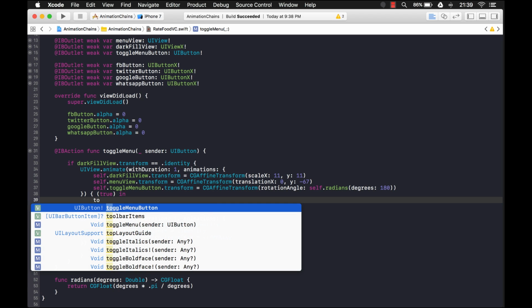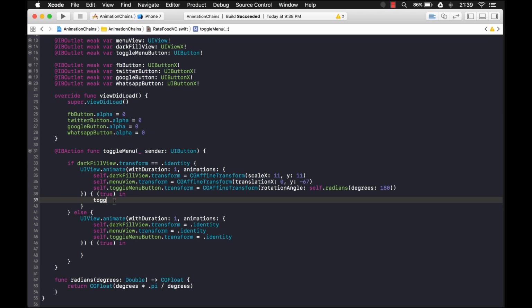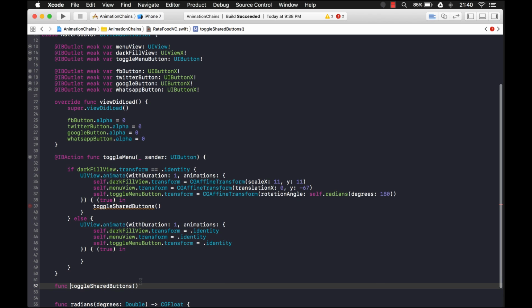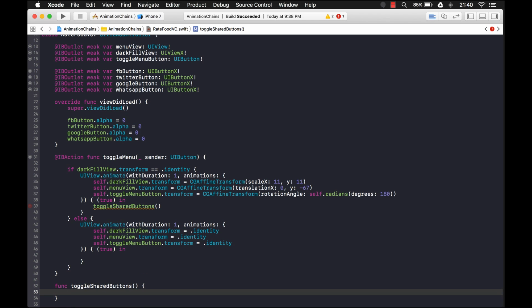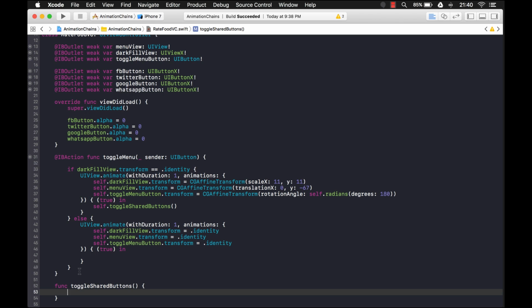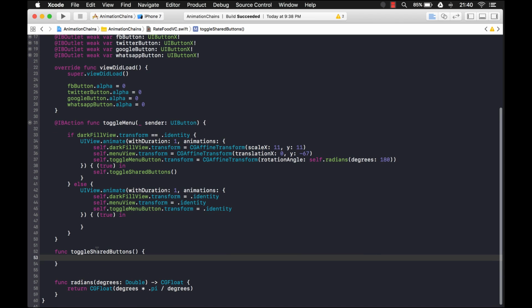So what I can do is I'll just call it toggle shared buttons. And let's create a function for that. Oh, I forgot the func keyword. Okay, so what I want this button to do, I forgot the self again. I always forget that self. Okay, so what I want to do is basically check what the alpha is and make it